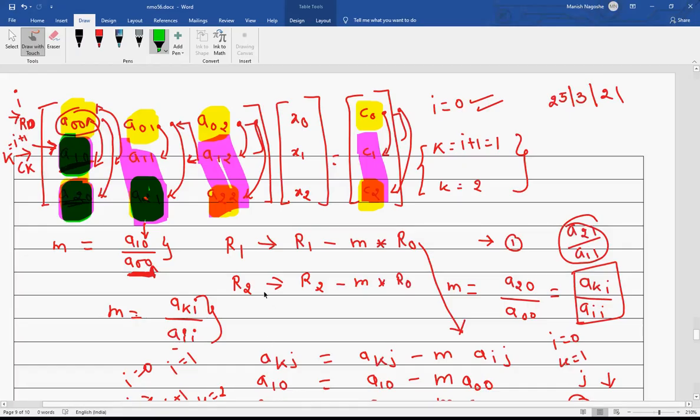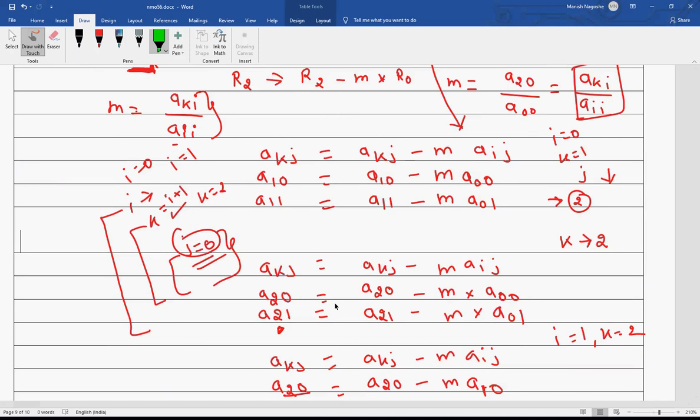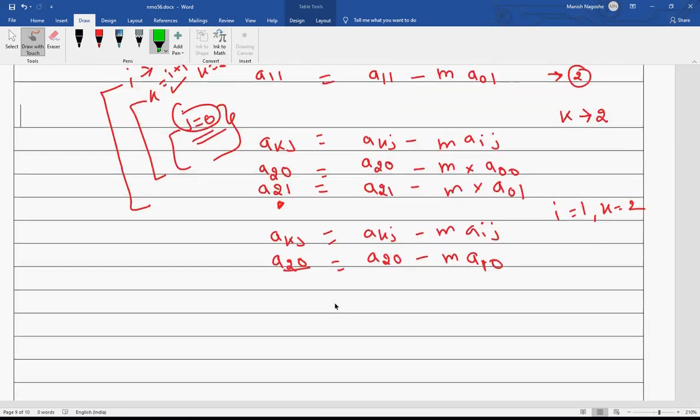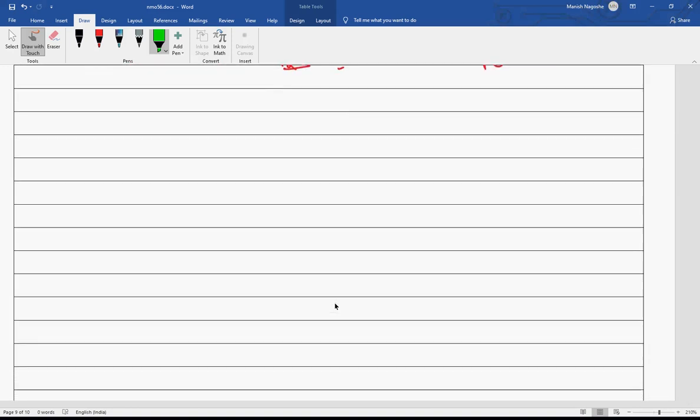So now let's build the logic of back substitution. Okay, so fair enough.